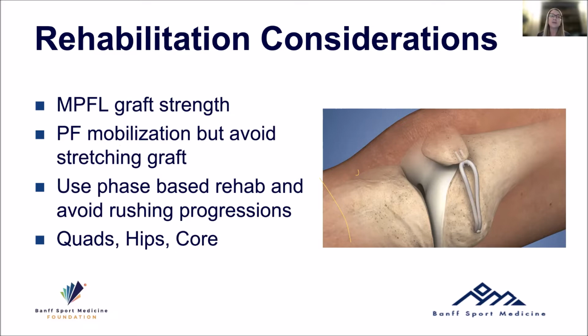And as Laurie's already mentioned, we have a big focus on hips, quads, and core strength. And this is not the most exciting thing for patients. And so it's really important that we encourage them and make it sound like it's the most important goal of their treatment to actually gain that hip and core strength, like actually being able to do those planks and do the 4-point activities if they're able to kneel, obviously not for a TTO patient, but it is really important to enhancing their rehab outcomes. And we actually know this from research that we've conducted looking at gait for patients with patellofemoral